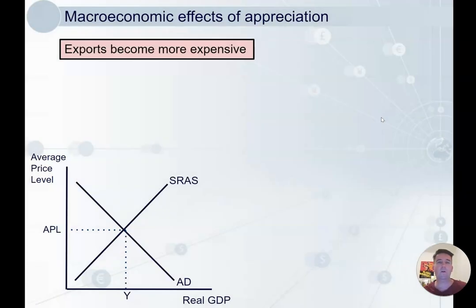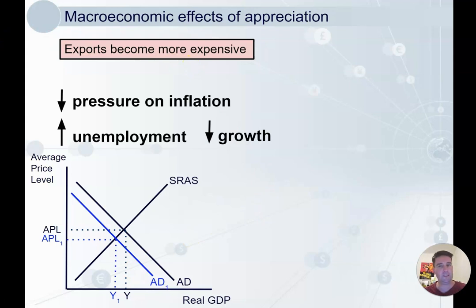Okay. On the other side of that, exports become more expensive. Now, we'll see, this looks a bit different. We've got the same thing happening. There's an appreciation of the currency. One, we've got SRAS going this way. Here, we've got AD going the other way. So what's consistent about both is we get that lowering of the price level. That's a good thing. But here, if we look at it from this point of view, we've got higher unemployment,